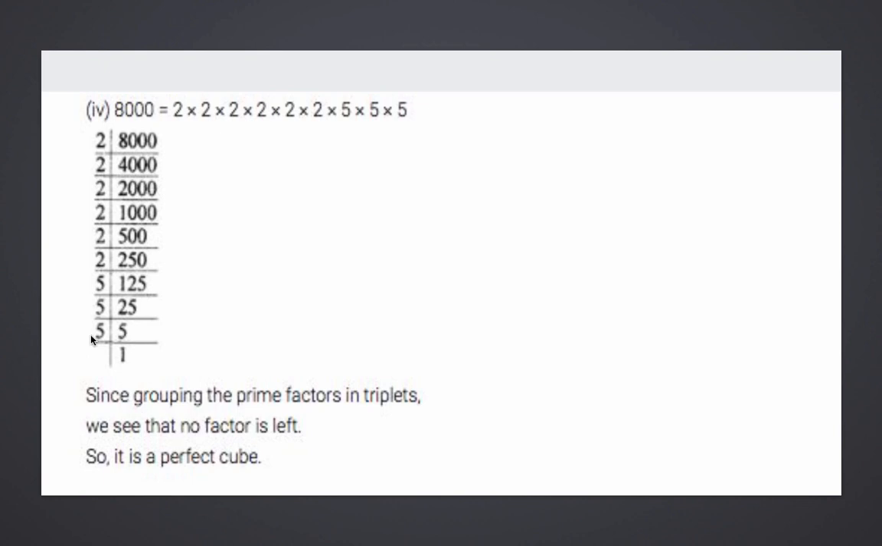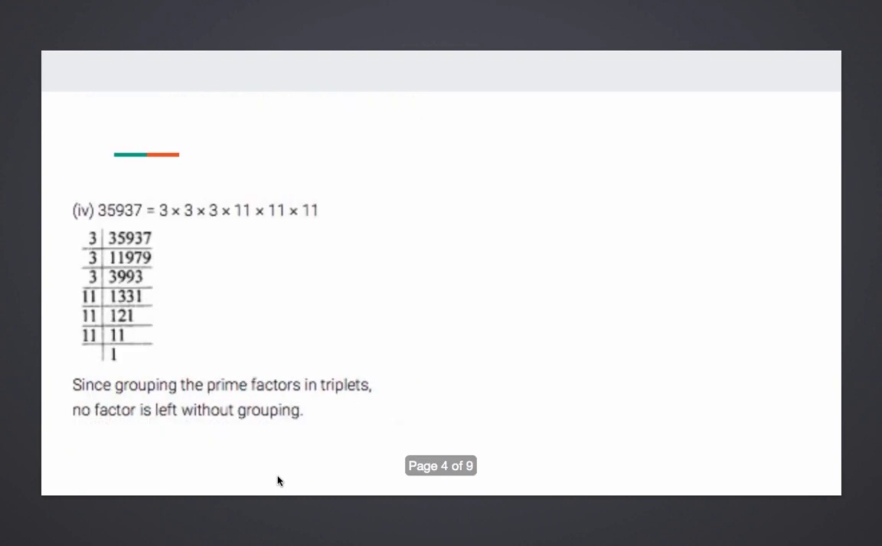If even a single factor is left, other than that, then that means no other factor is left. If any is left, then you have to say that it is not a perfect cube. Question number 2, I'm taking the next question,